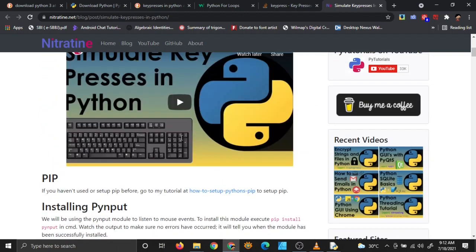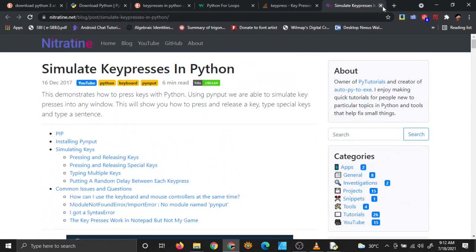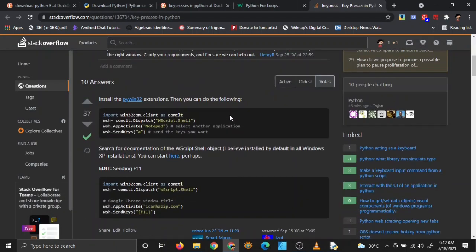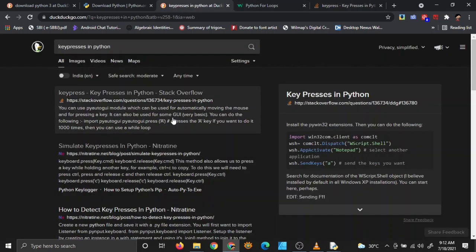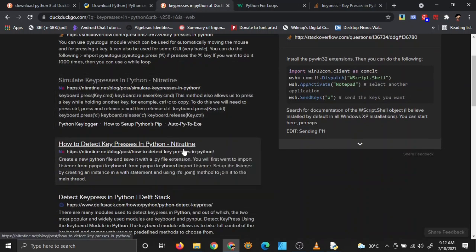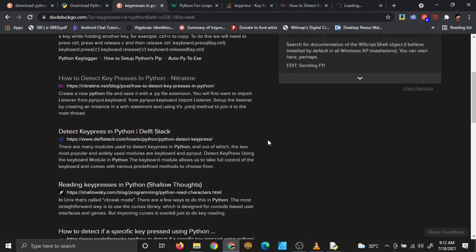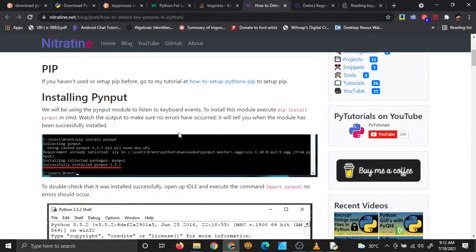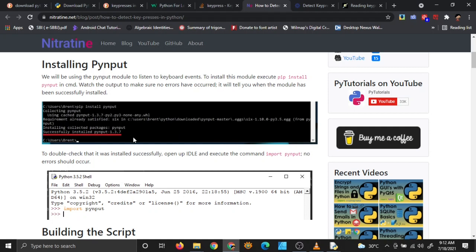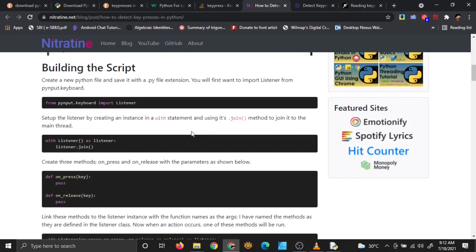Oh yeah, it's for simulating. No, I don't want to simulate. I think I want to do this. But as you can see, PyWin32 will only work on Windows, it seems. And there is one more blog post which will tell us about key presses. Let's have a look at it. How to detect key presses. Again, the pynput module is used to do that.